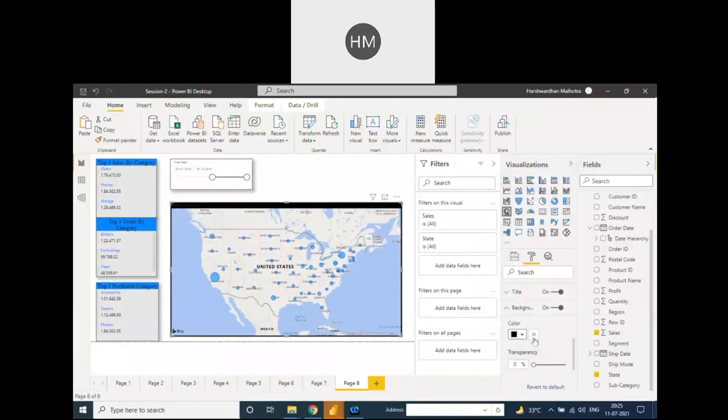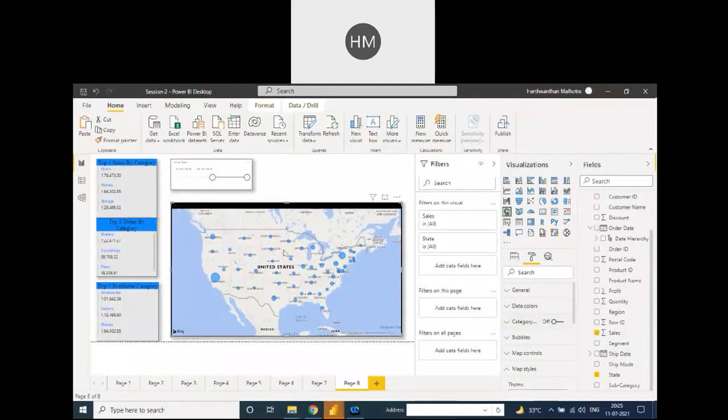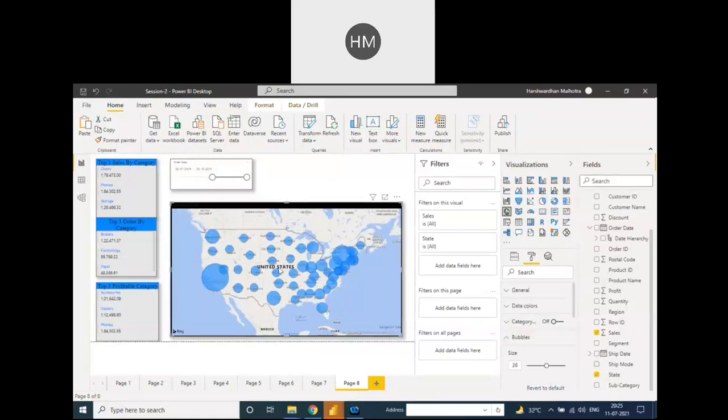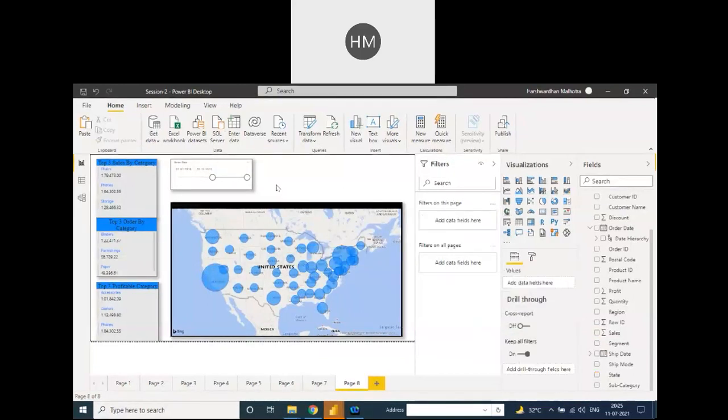And border, shadow, whatever formatting you need, you do. You can also increase the bubble size. See, the bubble size increases: the higher the sales, the higher the bubble. Okay, so any doubt in the simple map chart?